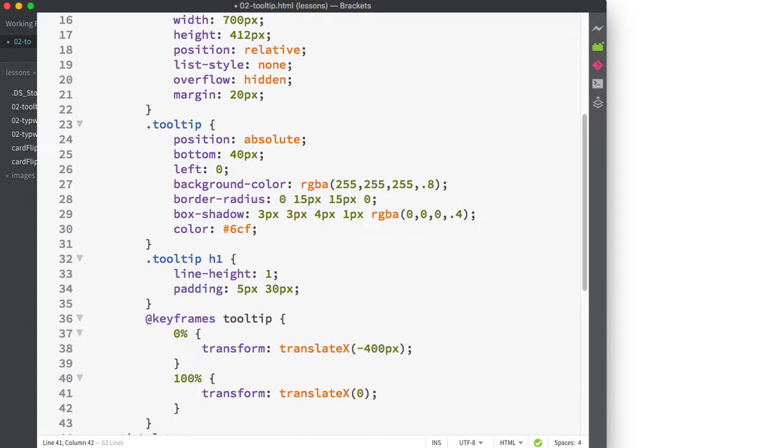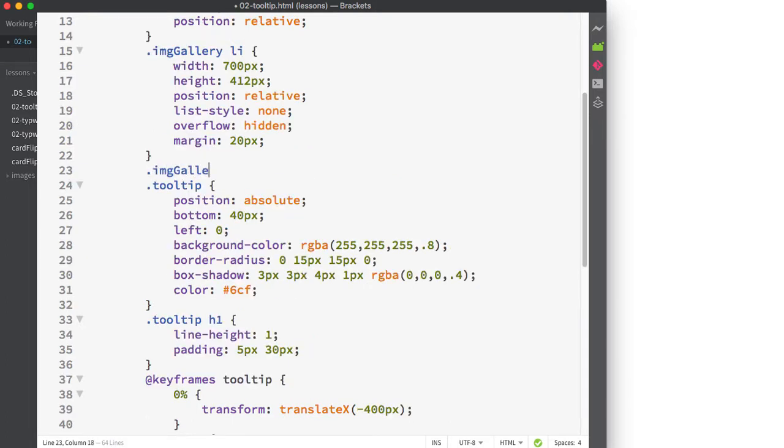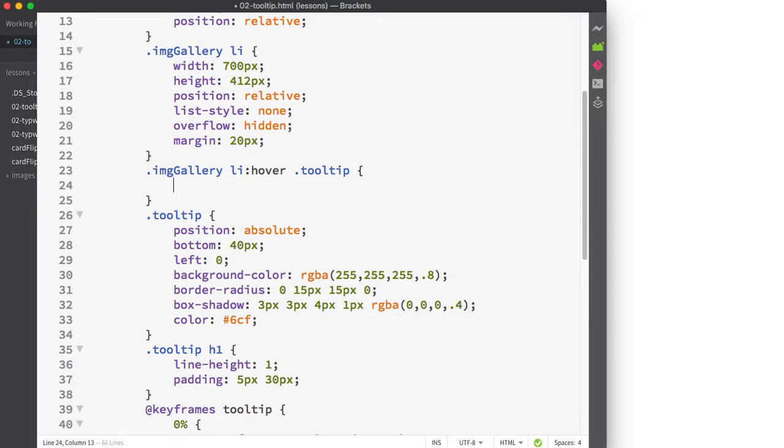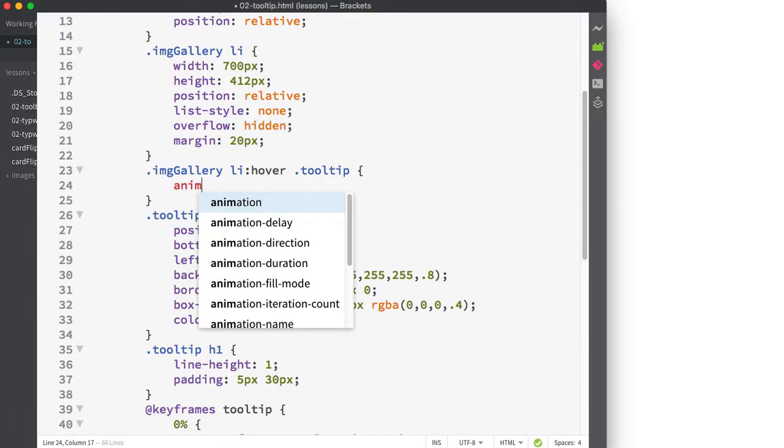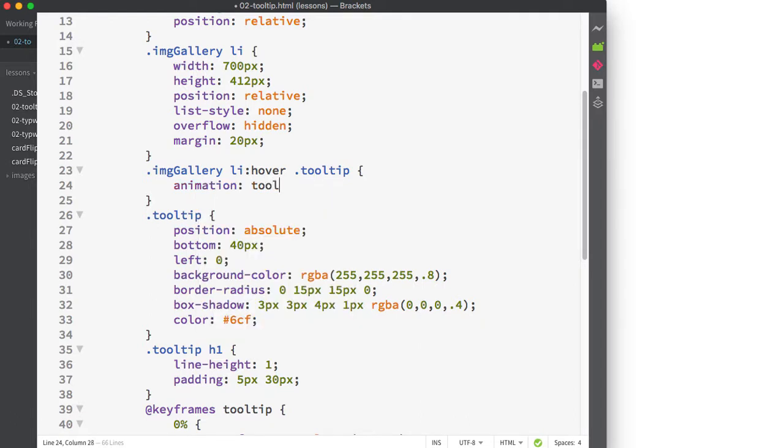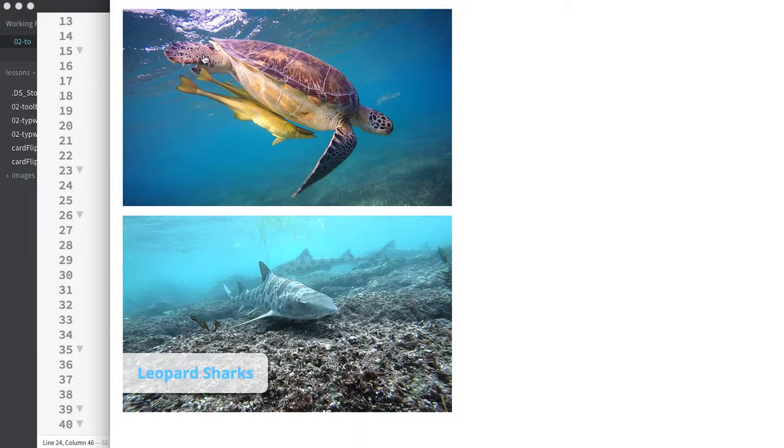And then to utilize these, I'm going to make a rule for my .image-gallery li:hover, and then I'm going to target the tooltip. So when the li element is hovered over, we're going to have this change affect the tooltip. And we're going to say that we want to do animation, and we'll call our tooltip. We're going to have it happen in 1.5 seconds, and we're going to specify forwards so it stays at its forward position. So now when I refresh the page, you can see that the animation is working, but